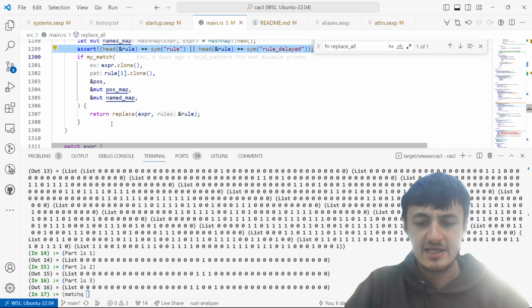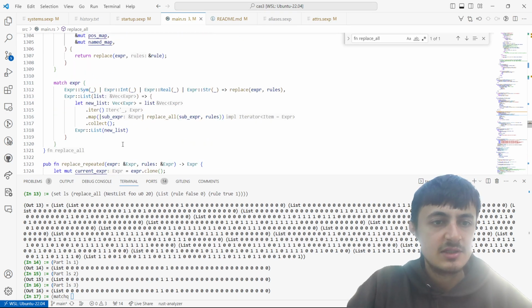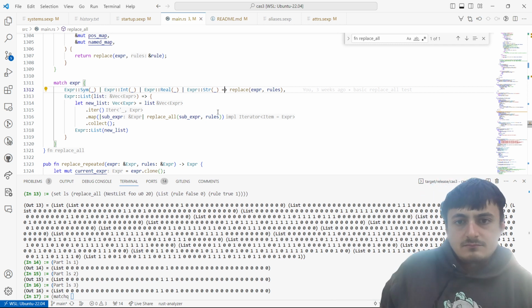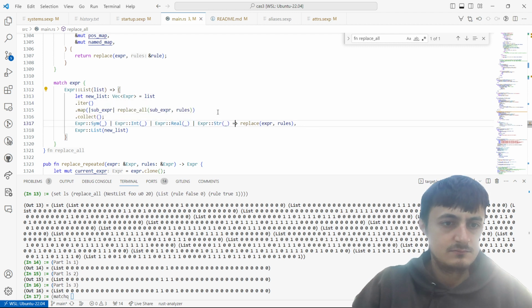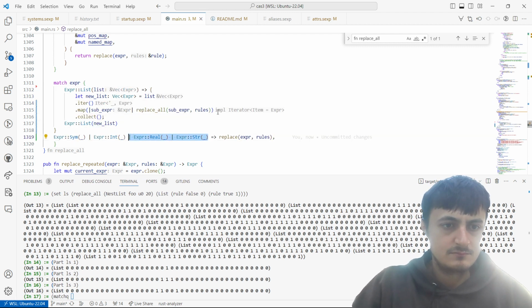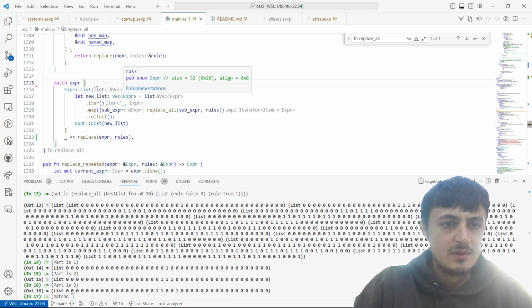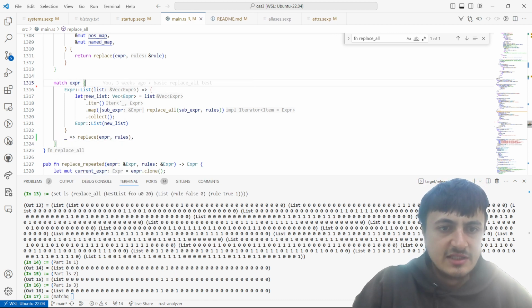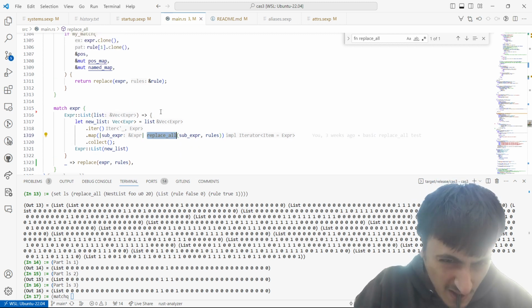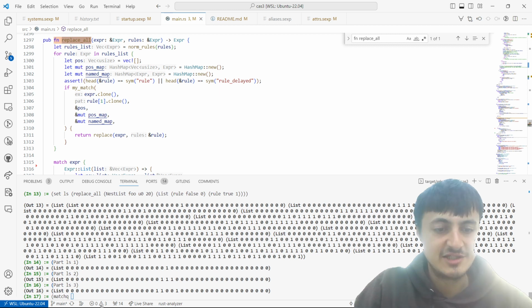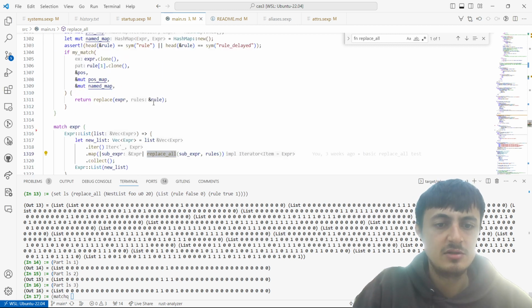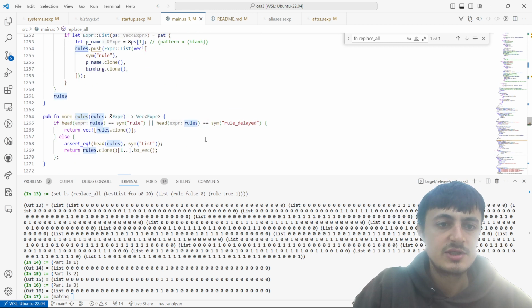Oh yeah, so here we check the head. Oh, I see. I'm just zoomed in too much. We can clean that up a little bit. But yeah, so here if we get a list, then we iterate the list recursing. So that's okay. So then we end up calling my match on each of them with the original rules. So yeah, so in here,